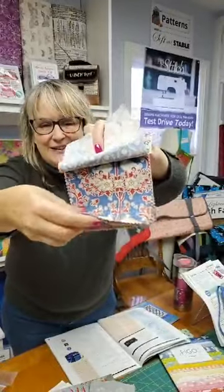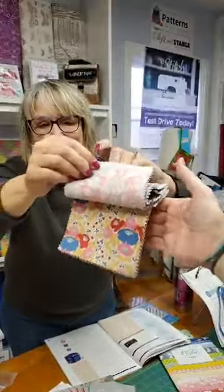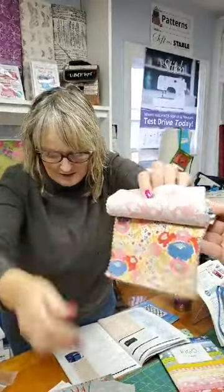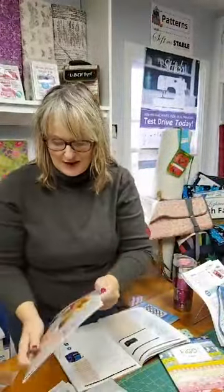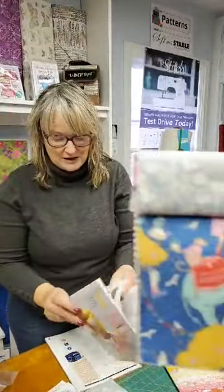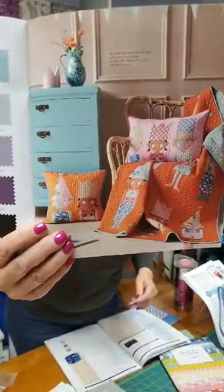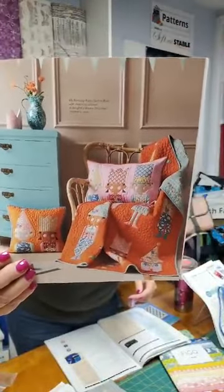Okay, so did you see? There's an elephant in there. There is an elephant, and it's all about celebration. So I do have to show you. You show that. I'll get the elephant while you get the book. Here it is. But it's just, some of these quilts are just so darn cute. So this was my favorite. It's kids going to a birthday party. Look at their birthday hats. I mean,